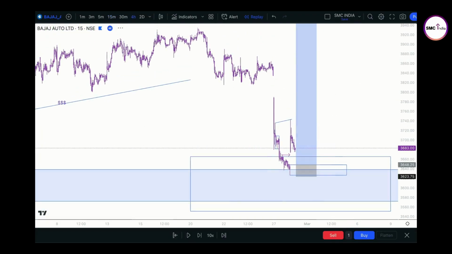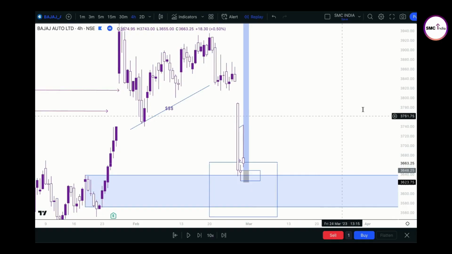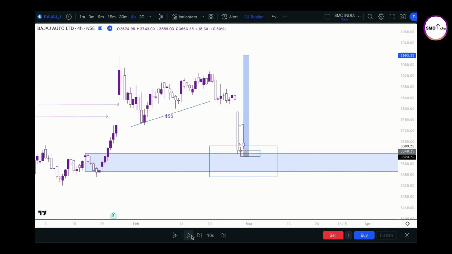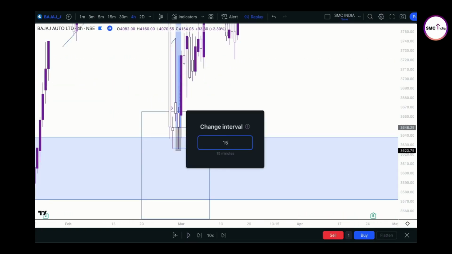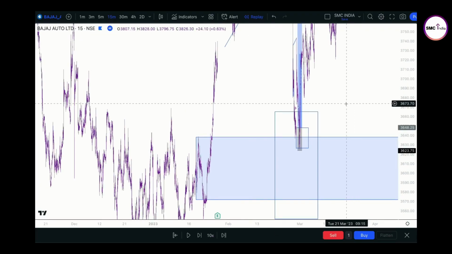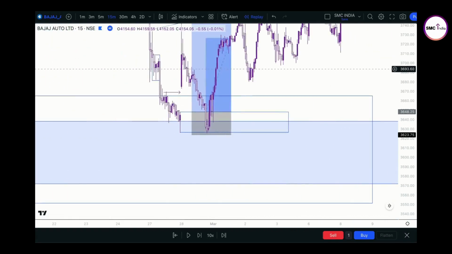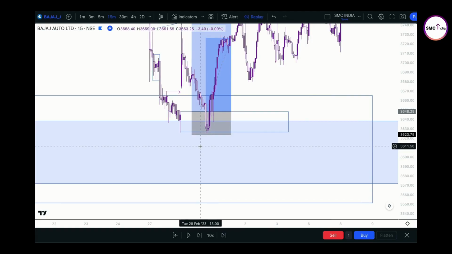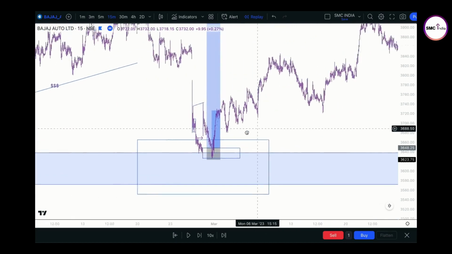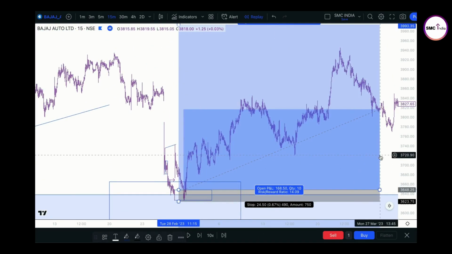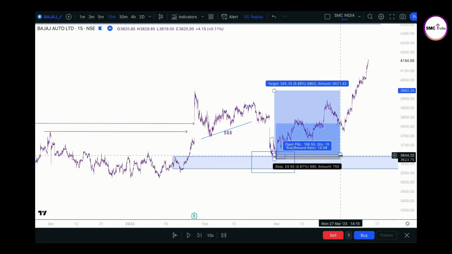So I'm moving to 4-hour time frame. Let's see how this trade plays out. What happened here? The price nearly went down to grab this low, but we're lucky enough. But yes, the trade played out very well. Giving a good